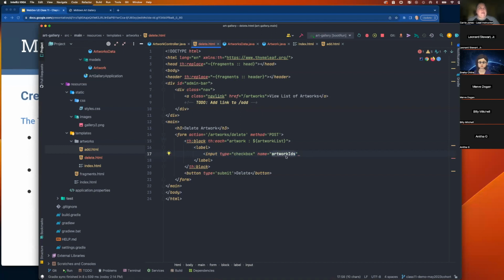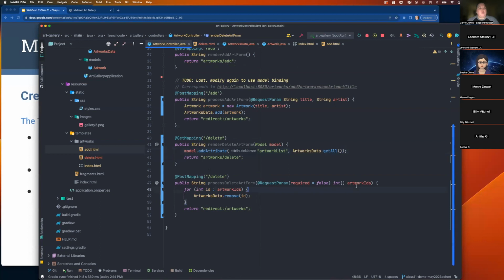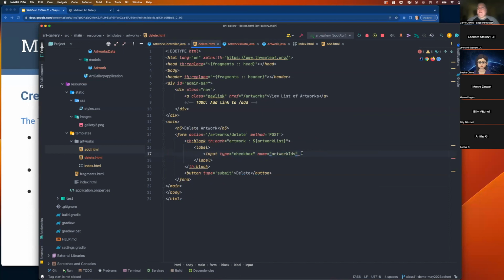It needs to be the same name as it is in the controller where we're receiving it as a query parameter here when the form submits. So I made sure to make it exactly the same. And then